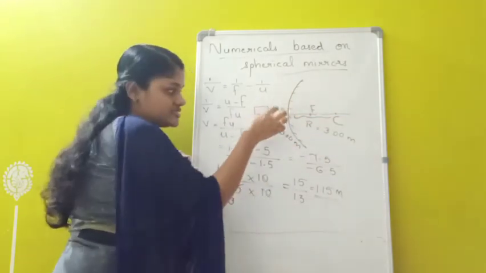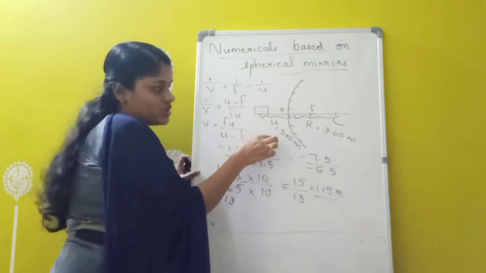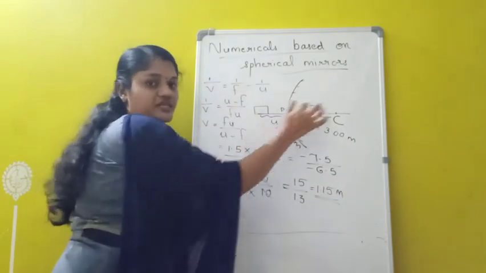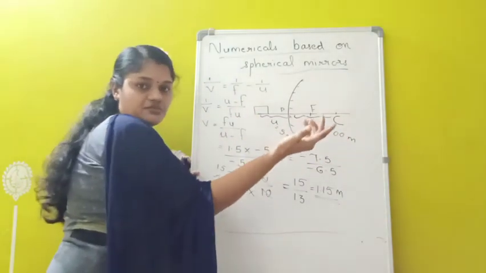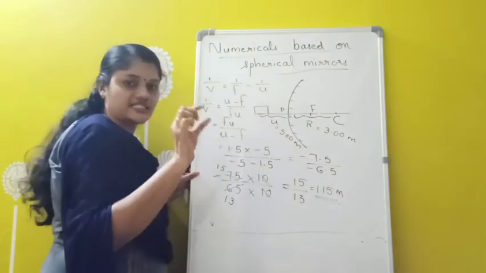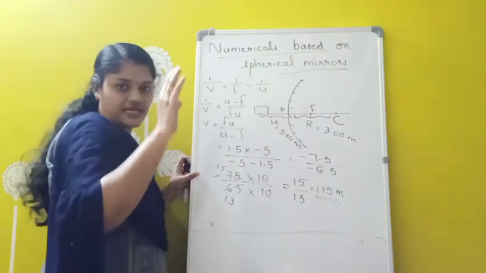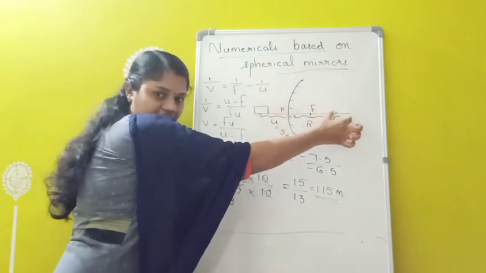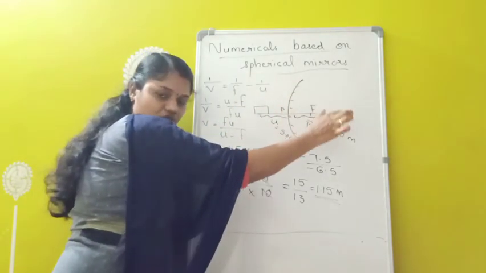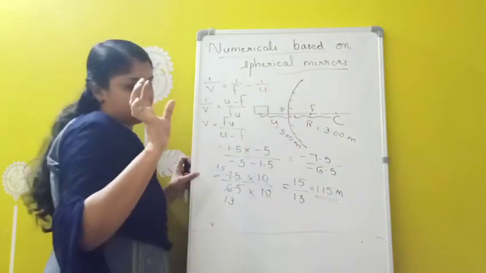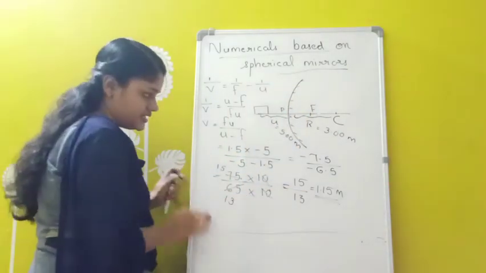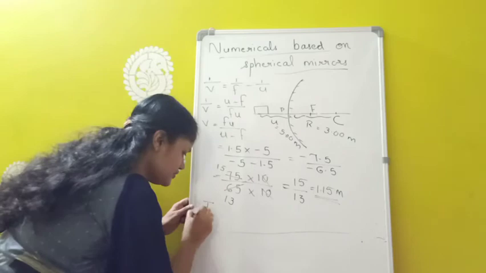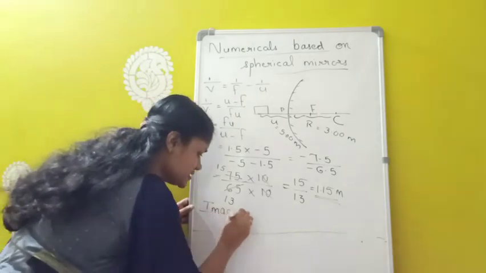We already know because this is a convex mirror. So in the case of convex mirror, we are getting image only on the right hand side. And the nature of the image may be virtual erect, and size of the image is diminished. So in the case of convex mirror, there is no doubt image always we are getting on the right hand side, and the nature of the image is virtual erect, and size of the image is diminished. Okay. So now we got the image is formed. So we can write as image is formed